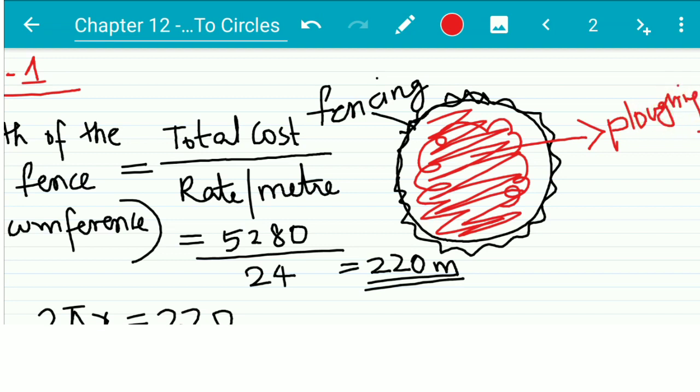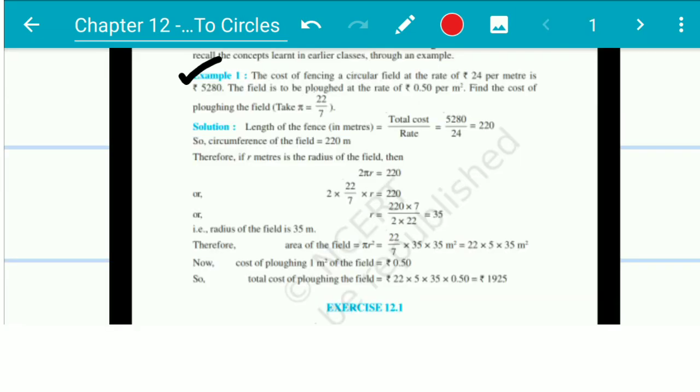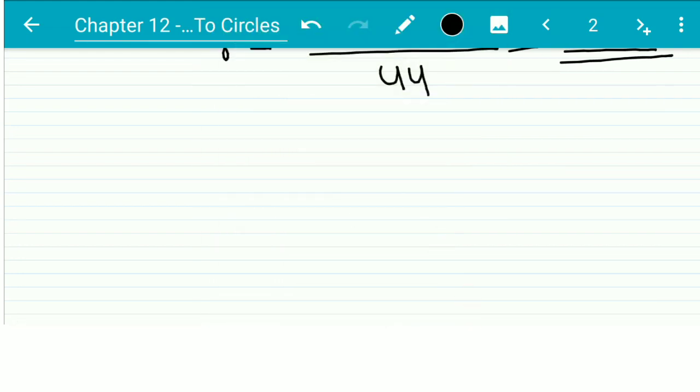Okay, so since fencing is done on the circumference side, we have taken the circumference of the circle formula. Now plowing is done inside the field, that means area portion, so we'll take the formula of area. Okay, so here the question is, the field is to be plowed at the rate of 0.50 per meter square. So to apply all those things, we need to first know what is the area of the field. Okay, so we'll find the area of the field first. Right, area of the field